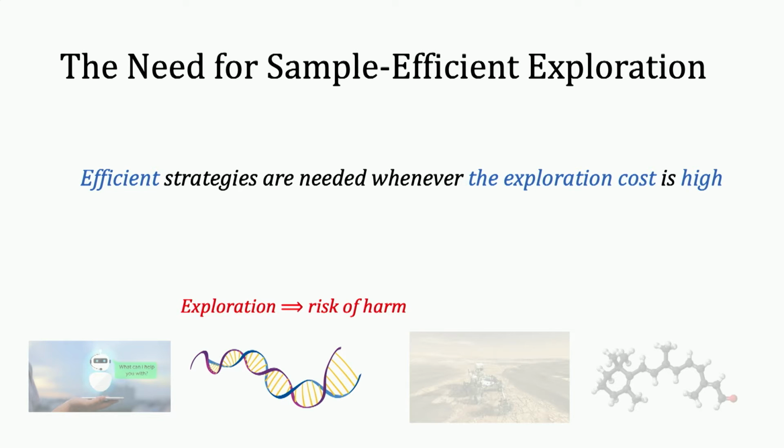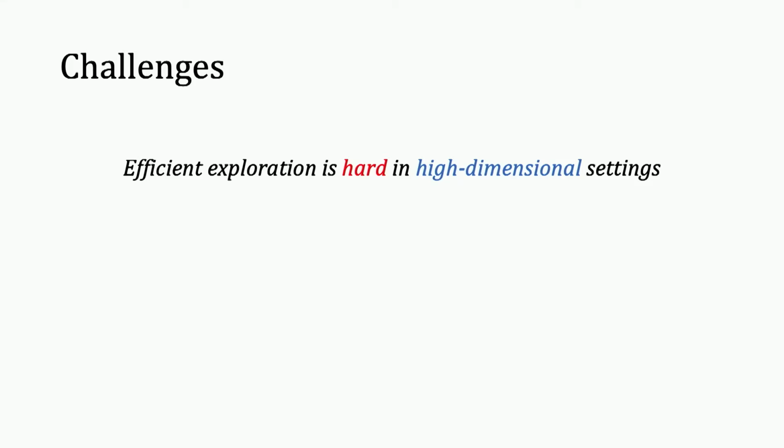So when people talk about RL being data hungry, well, we would like to develop new methods and understand what makes RL data hungry. Why is it an inherent limitation of the problem? What kind of assumptions do we need to make? Or maybe we just don't have the right algorithms. Maybe we're just not doing the right thing, right? So with Gaussian regression, it was trivial, but now the problem is complicated. Okay. All right. The challenge is that efficient exploration is hard in high-dimensional settings, and